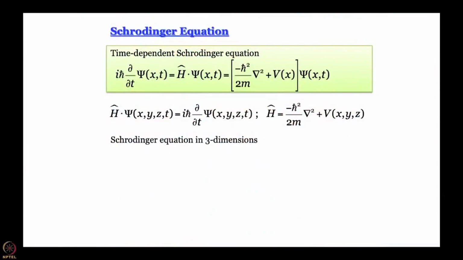If you remember, in Bohr theory the quantum numbers fell from the sky. They were invoked just like that whenever there was a requirement. In Schrodinger's equation there is no quantum number. Quantum numbers will arise later on and we will see why they come. But in the Schrodinger equation per se there is none. It is just a classical wave equation written for matter waves. That is all that it is. So, this here is your Schrodinger equation in 3 dimensions. Del square is the Laplacian, del 2 del x2 plus del 2 del y2 plus del 2 del z2.